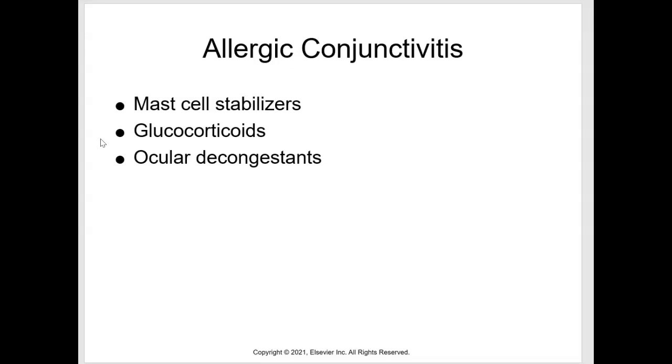It can be managed by a variety of topical drugs. Table 87.7 is going to be your friend in this. There are a couple of different classes of drugs. The first one is mast cell stabilizers, like cromolyn. Those prevent the release of those inflammatory mediators, so hopefully we're cutting off the snake at the head. The patient should be informed that the benefit can take several days to develop and 2 or more weeks to become effective. But in contrast to mast cell stabilizers, we have histamine 1 receptor antagonists, or antihistamines, that